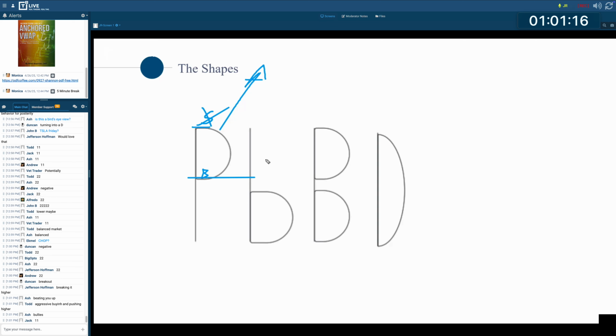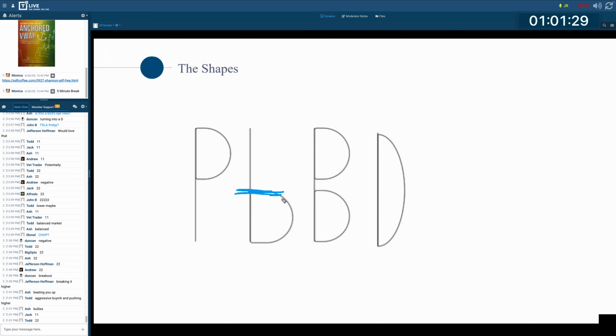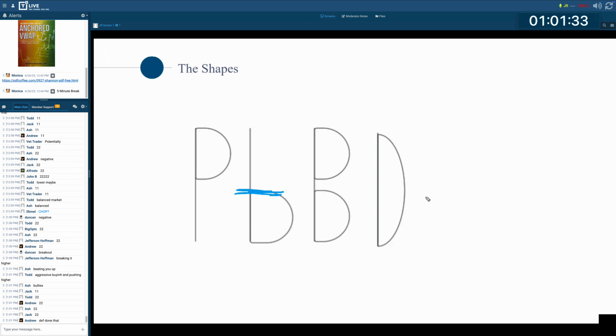Okay, now let's talk about the lowercase B-shaped profile. Is it an awesome idea to be buying the top of this value here? Is that like an amazing idea? Okay. Now you might